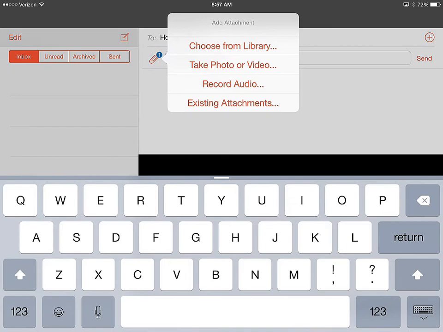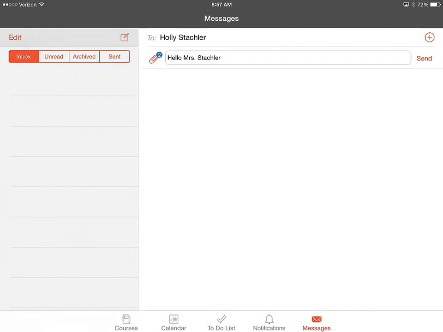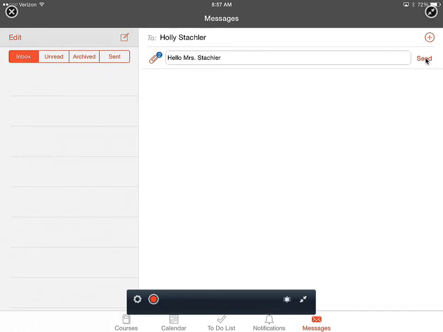You can also take a video or an audio recording. You can record audio from there, and you can actually send video messages to someone. So you can click there and do video. And here I am, lovely on a Sunday morning. Hello, this is a test video message. Okay, and then you would just select use video. Now you'll notice that there are two attachments with this message. And when we hit send,